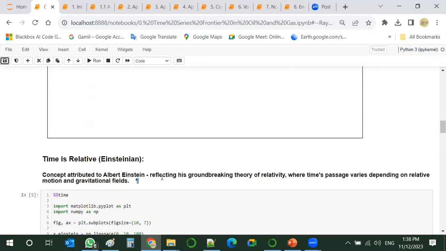Albert Einstein came later, and the theory of relativity tells that time's passage varies depending on relative motion and gravitational field.